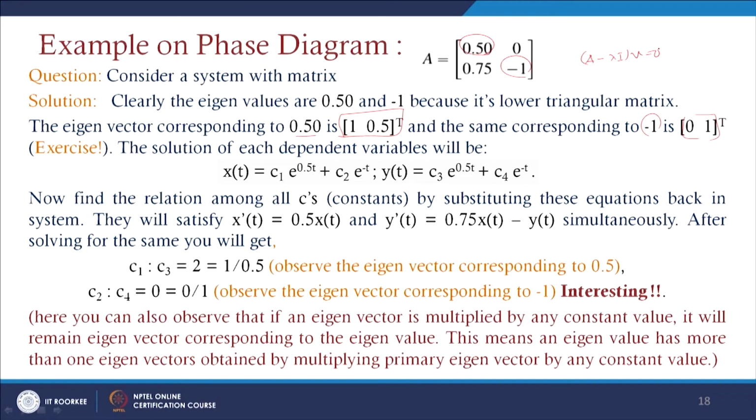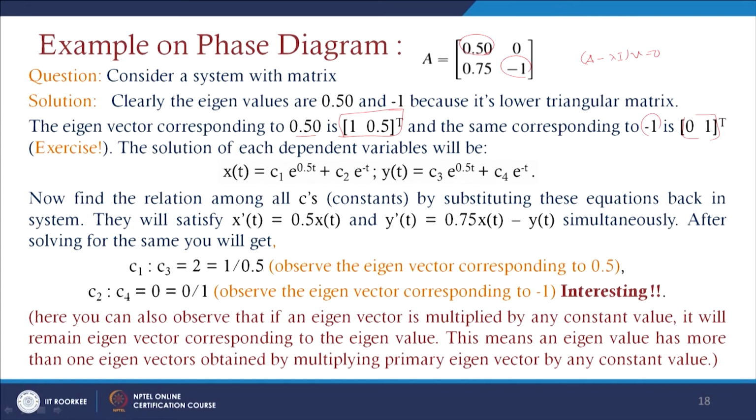And the solution of each of these dependent variables, you can just write it as x of t equals C1 e to the power 0.5 t plus C2 e to the power minus t here. The first eigenvalue is giving you 0.5 here, and the second eigenvalue, corresponding to this one, will be minus 1 here. So, that is why it is C2 e to the power minus t,